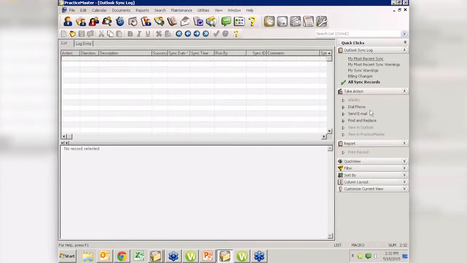You might see this pop up every once in a while. Down in the bottom, it might say Outlook Sync Suspended, and then it prompts you to click here to view your log. You'll be able to see the same log information by clicking on that entry down here in your status bar. If you see that, it means something's gone wrong and it's not syncing properly anymore, and you should pay attention